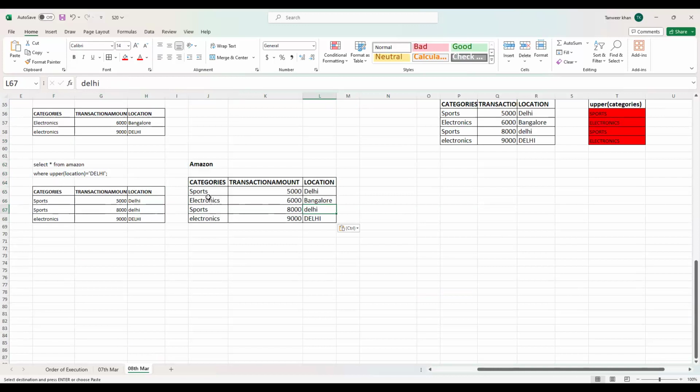Because this is giving you data from the original table, no? Yeah. So you got this D, this Delhi, all in the output. Clear? Okay. Is this clear to everyone? Shall I proceed further? Yeah. Okay. Now,